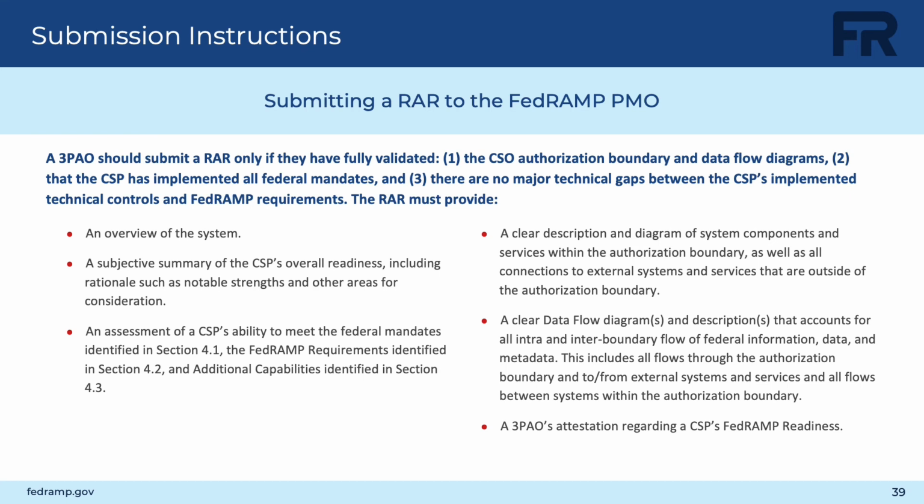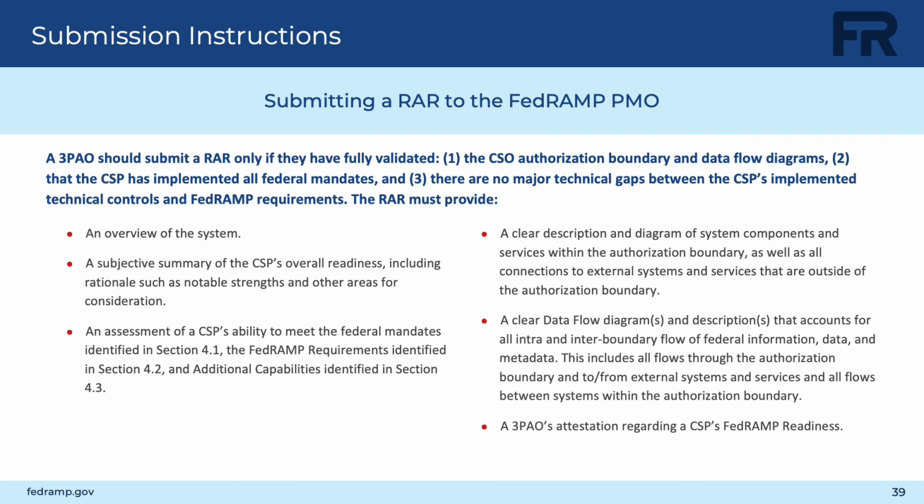A RAR must provide the following: an overview of the system, a subjective summary of the CSP's overall readiness, including rationales such as notable strengths and other areas for consideration, an assessment of a CSP's ability to meet the federal mandates identified in Section 4.1, the FedRAMP requirements identified in Section 4.2, and additional capabilities identified in Section 4.3 of